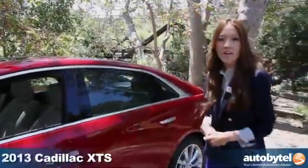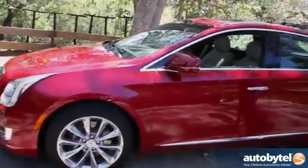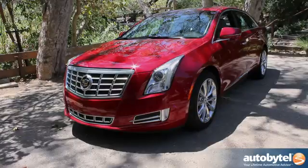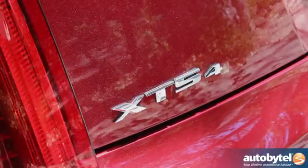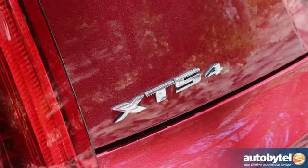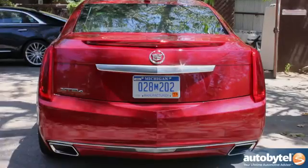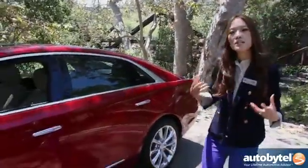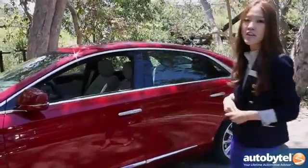Mark, lead Cadillac designer, and what you're seeing right here is the all-new 2013 Cadillac XTS that is coming to the showroom this spring. Cadillac XTS is positioned one higher above the current CTS, and the XTS speaks to our customers who are looking for dynamic performance as well as a luxurious, beautiful interior space that is very spacious. The overall proportion of the car really speaks to dynamic luxury and allows for a larger interior space that I